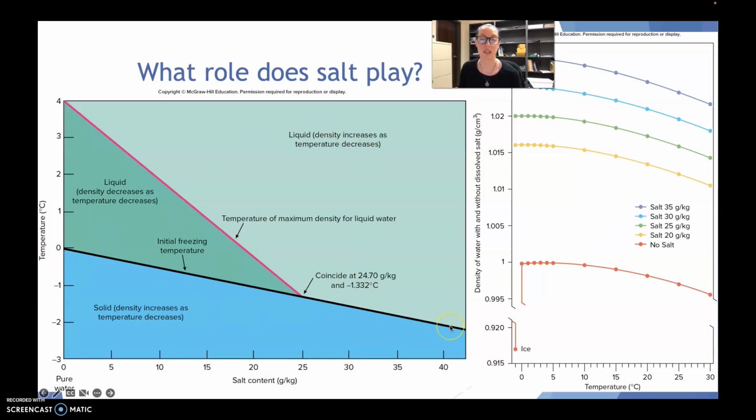So the big take-home point with this in particular is that we can actually have water that is below freezing. That's what this is trying to show here. We can have water that is below freezing but not frozen yet. So salt can actually completely change the chemical part of that. And so that's why we can have below freezing water in the Arctic regions where sea ice is being formed. So kind of interesting.